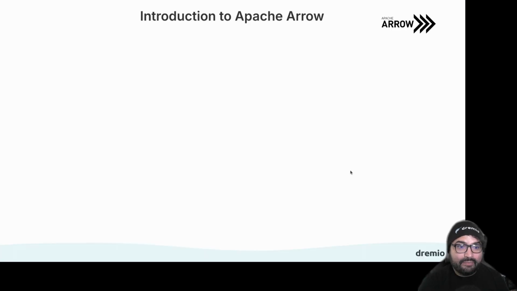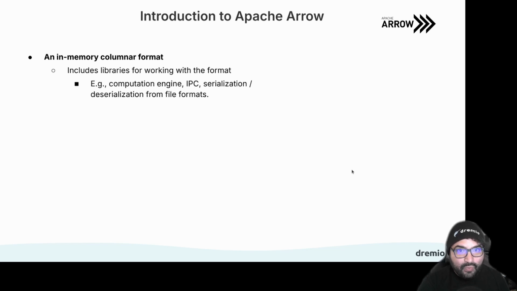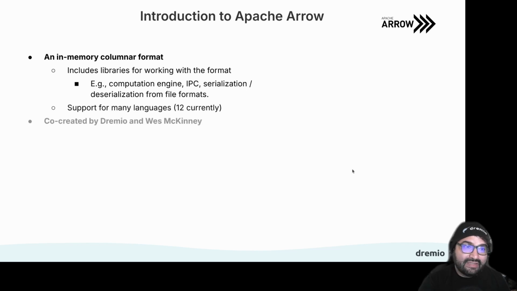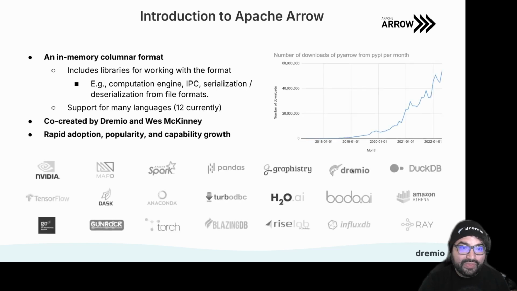When you load that data from Parquet, Apache Arrow is to in-memory representation what Parquet is to file storage optimization, where you can store the same amount of data in a lot less space and process it a lot faster. It's an in-memory columnar format. Along with that standard, there are libraries in every language that allow you to work with that format, so you can build this faster processing into whatever tool. It started at Dremio: originally Apache Arrow was the Dremio in-memory format before it was ever known as Apache Arrow or open source. Now it's become part of many data tools.